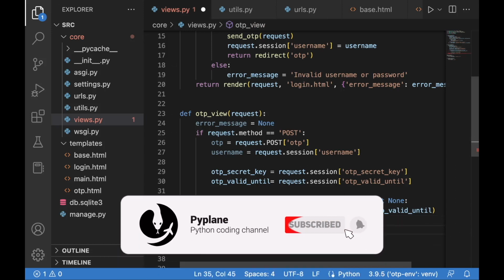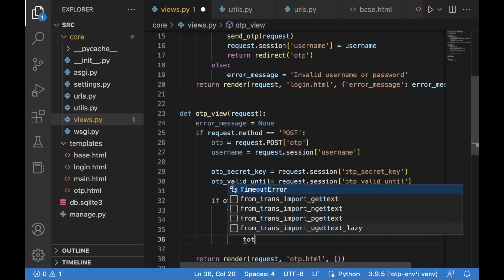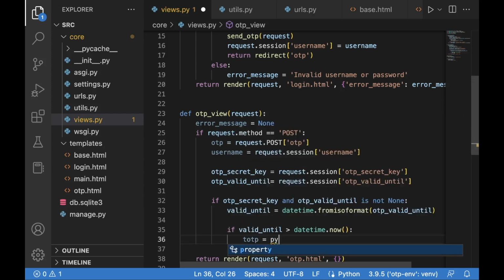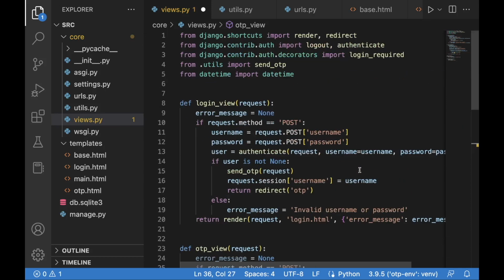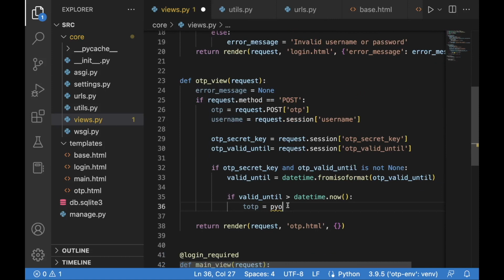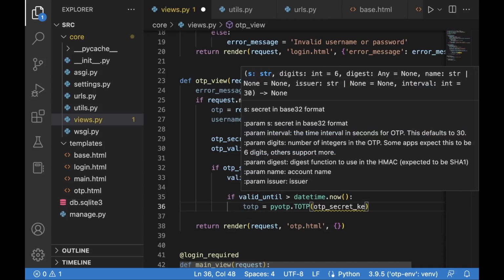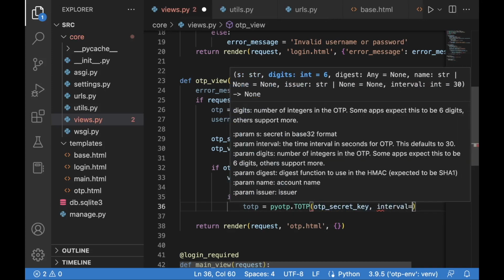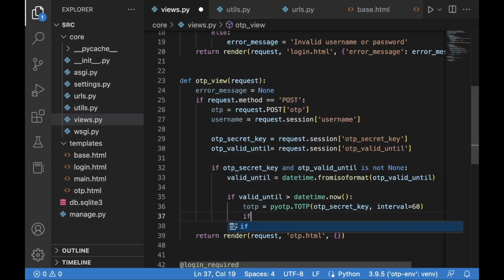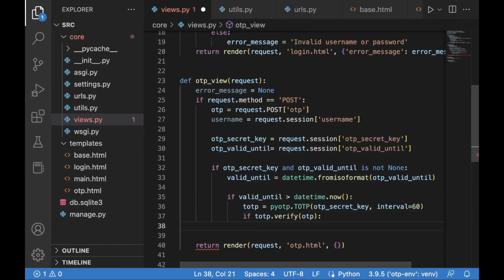So as the next step, we are going to check the secret key. So we will have this additional security step. TOTP is equal to, and then POTP. We need to import POTP. All right, and then over here it's going to be TOTP, and then OTP secret key, like this, and interval 60. Okay, and now we can do a check. If TOTP verify,